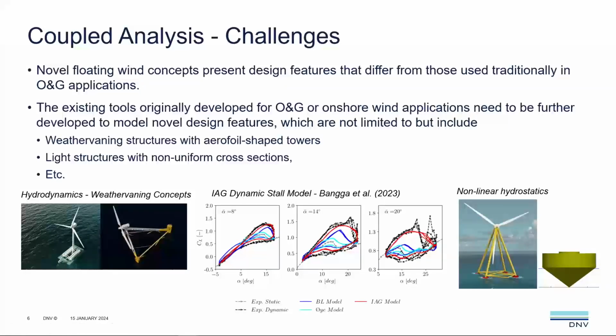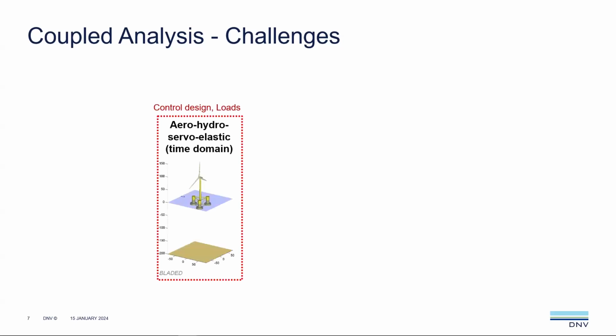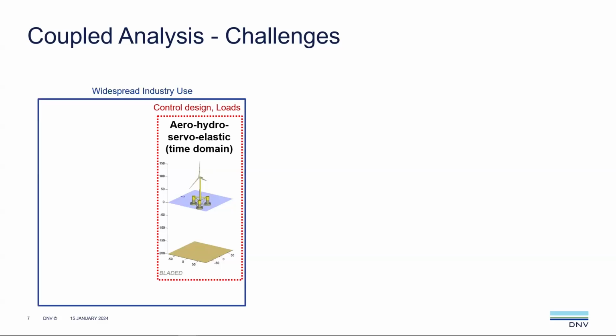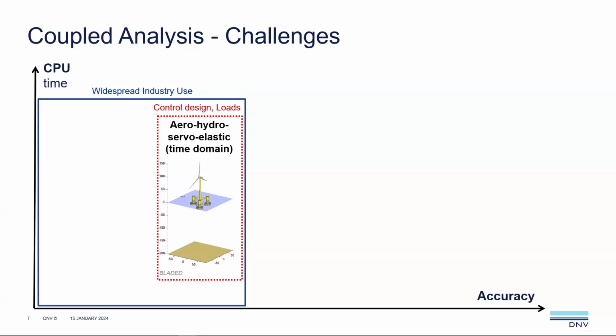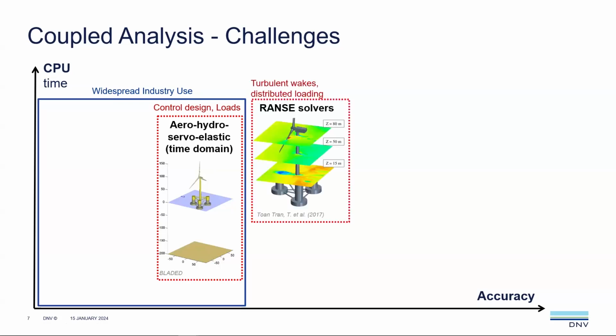So we see there's a need to improve the existing tools. That's what I was trying to highlight in this slide. Normally in industry, the tools that are often used are these hydro-servo-elastic tools, because they provide results with enough accuracy with a relatively low computational time, at least compared to more sophisticated tools like Brand solvers